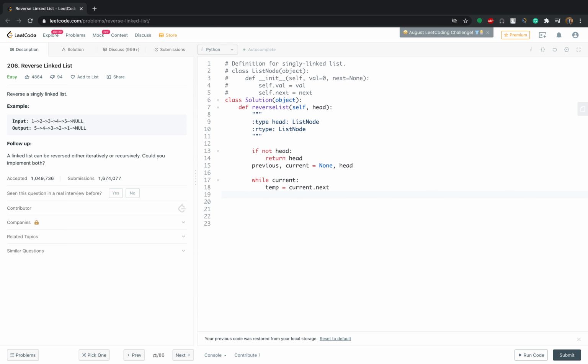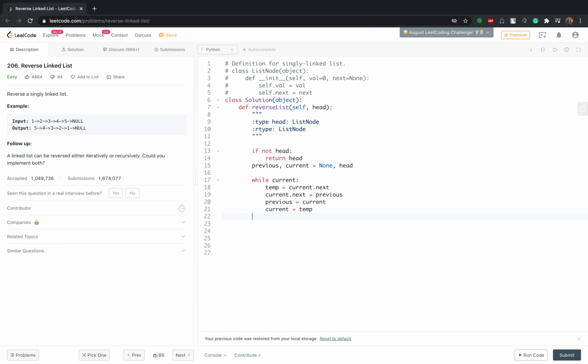Then our current dot next is nothing but previous, and your previous is current, and your current is nothing but the temp.